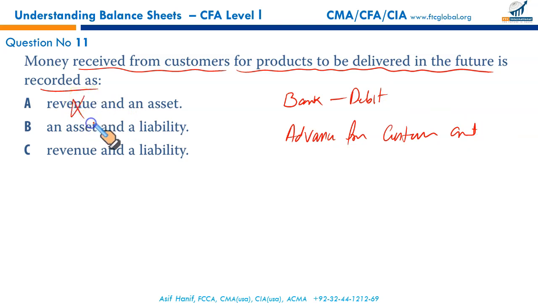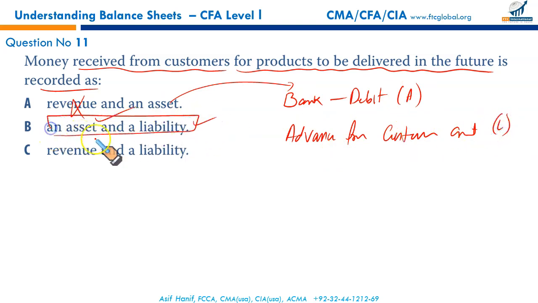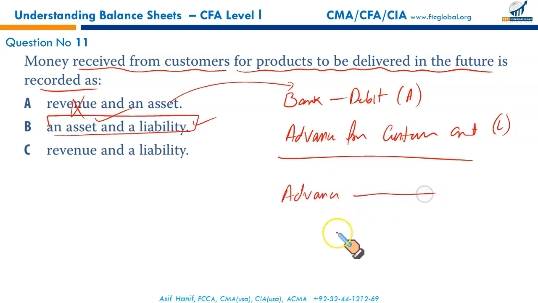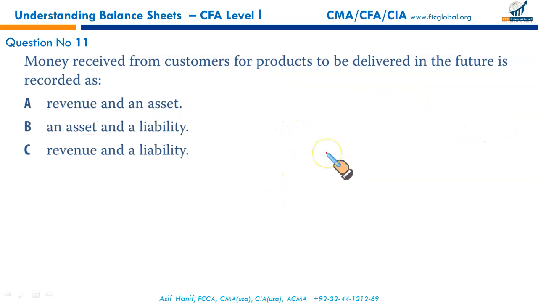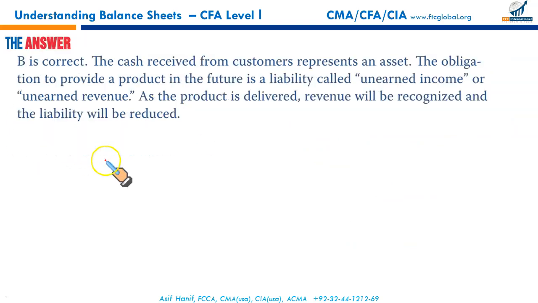We cannot consider this as revenue. Yes, there is an asset, but not revenue. Bank is an asset, correct? And advance which you have received from customers is a liability. So money received from our customers for which no good or service has been provided, we debit bank, credit advance. When the goods and services have been provided, we will make another entry to reverse the effect. We will remove this advance, debit advance from customers and credit the revenue for which the money was received. So this account will be cancelled out. But right now we just need to tell that we have received the money, debit bank, and credit the liability. That makes B the correct option.